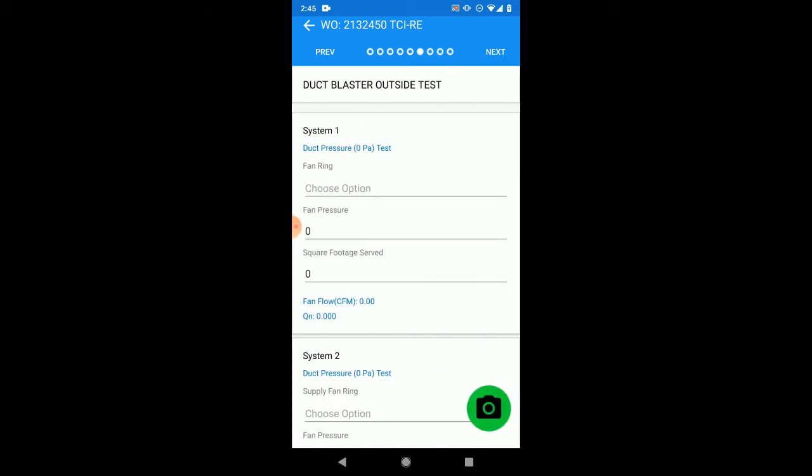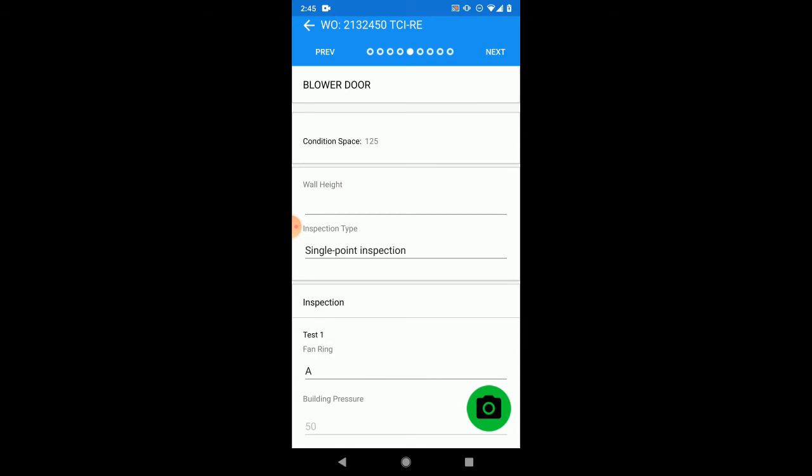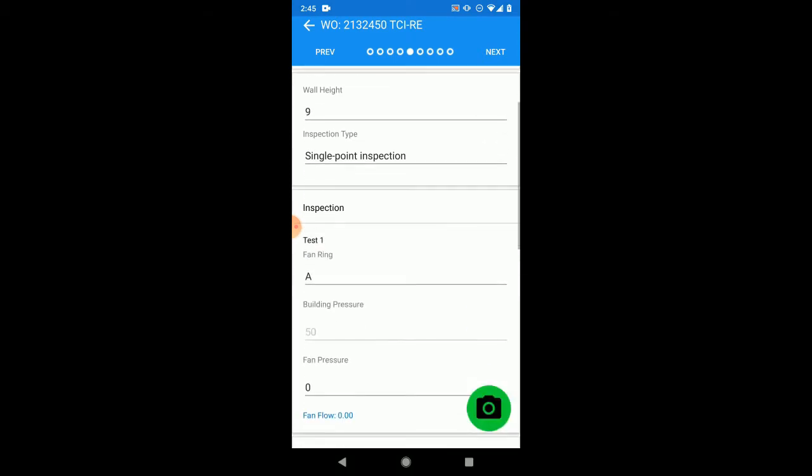If the home failed for the duct blaster, I would just reconduct the duct blaster test and fill that out here. But in order to do the duct blaster, I'm setting up the blower door. So as an inspector, if you want to go ahead and retest the blower door, you absolutely could. One thing to keep in mind though, is that once you start filling out information,